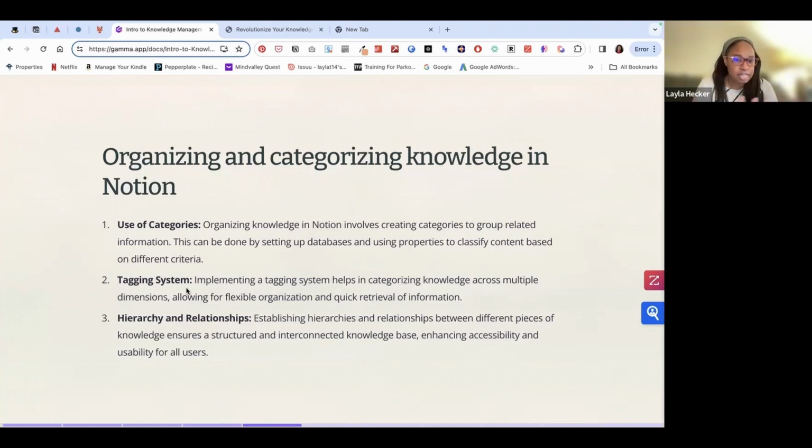Okay, now the second thing for you to know when starting to organize and categorize your data is a tagging system. Now, nobody's tagging system is perfect. Nobody's tagging system is seamless. You will probably change some things, iterate. Iteration is your life. Iteration is where we are from this point on for the rest of our life. Own it. Do not worry about perfection. Put it in there. See if you like it that way. If you don't, change it tomorrow. Notion is super easy to change. That's not a problem at all,